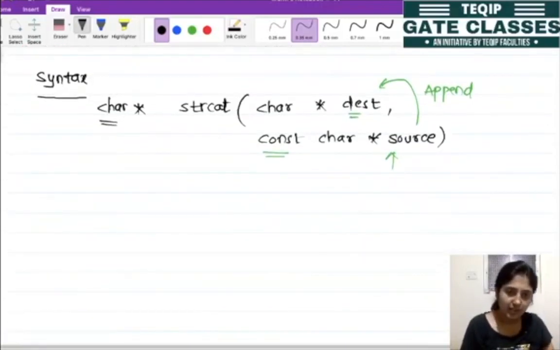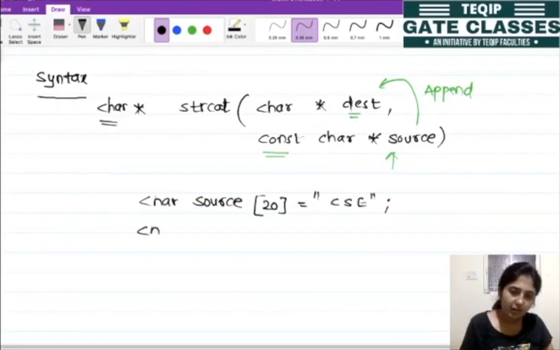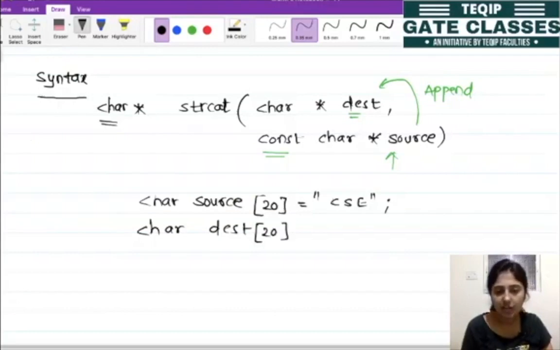Okay, so let's see one example. Let's declare one character array, this is our source with size 20, and let's say we have one string as CSE. Let's declare one more character array, this is the destination with size 20. You can have any array size, right? And let's say this is EC.